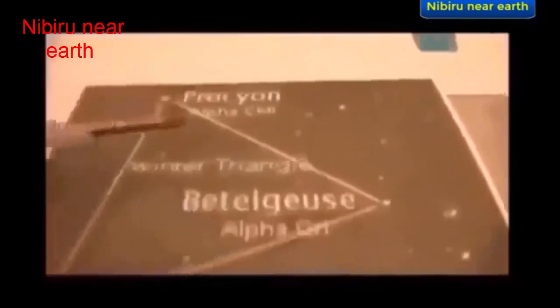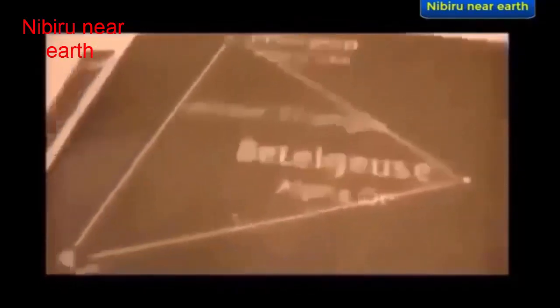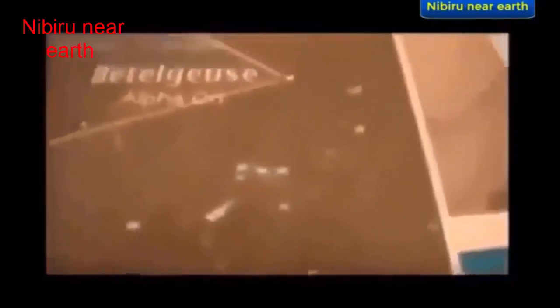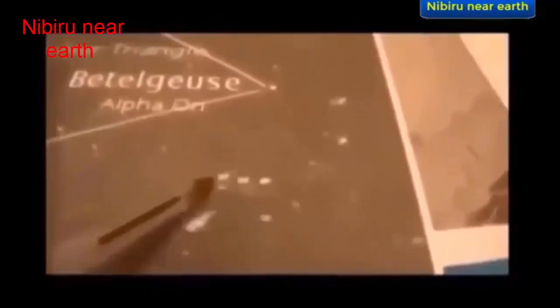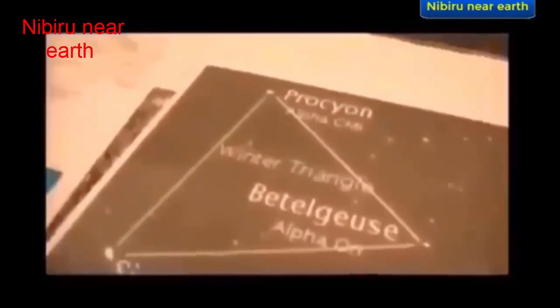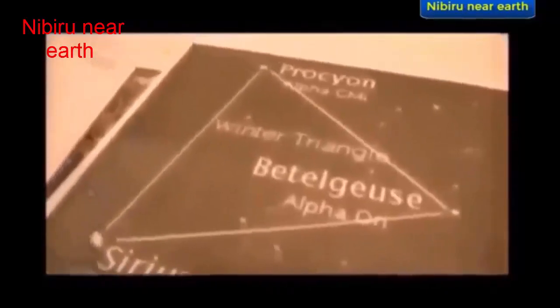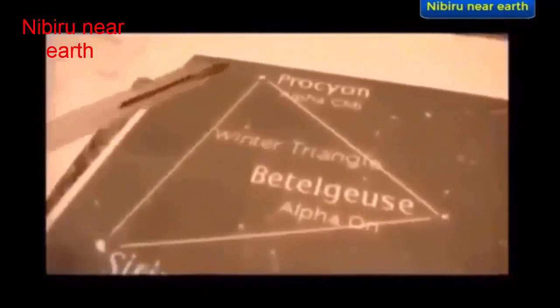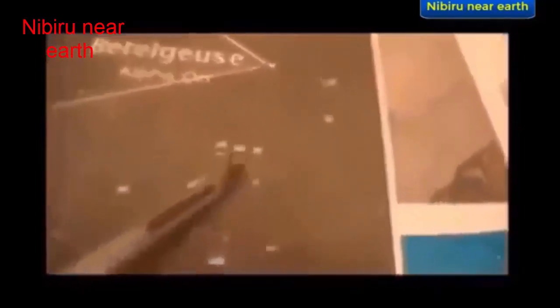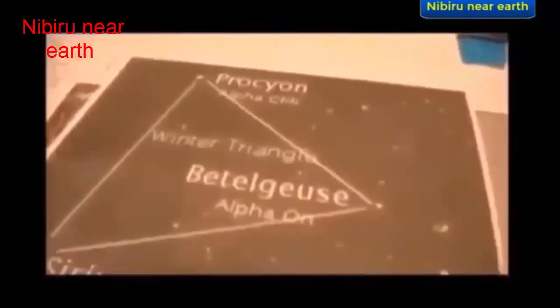And you can also see Betelgeuse, Procyon and Sirius as well, those stars that make up the Winter Triangle. And I don't think it was any coincidence that the pyramid, first of all, was built in the Orion constellation, and that it took on the shape of a triangle when you looked at it, or a pyramidal shape. So if we look into what possibly they were trying to draw our attention to, and I do believe that was what they were trying to do, for many reasons, which I'll go into a few of in